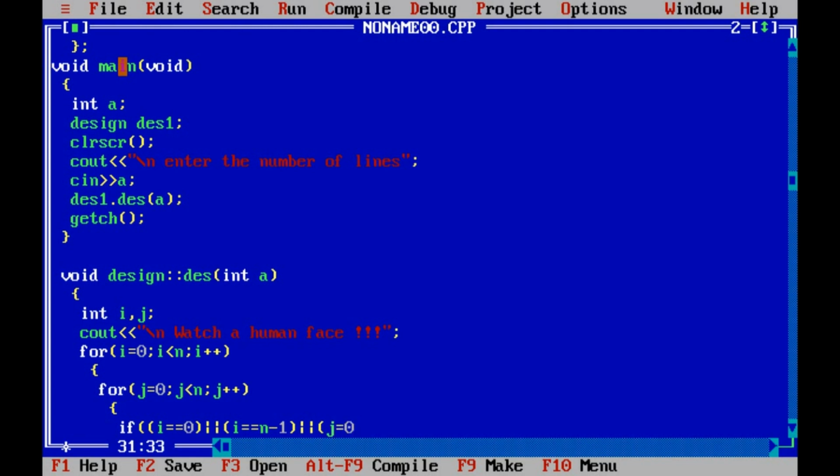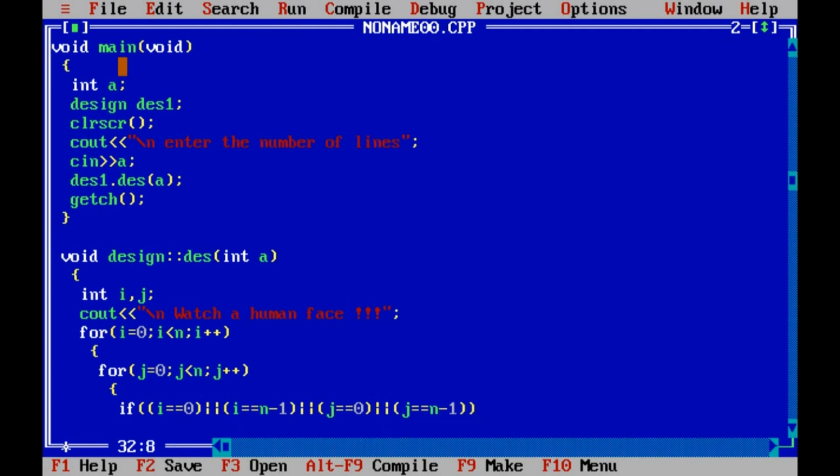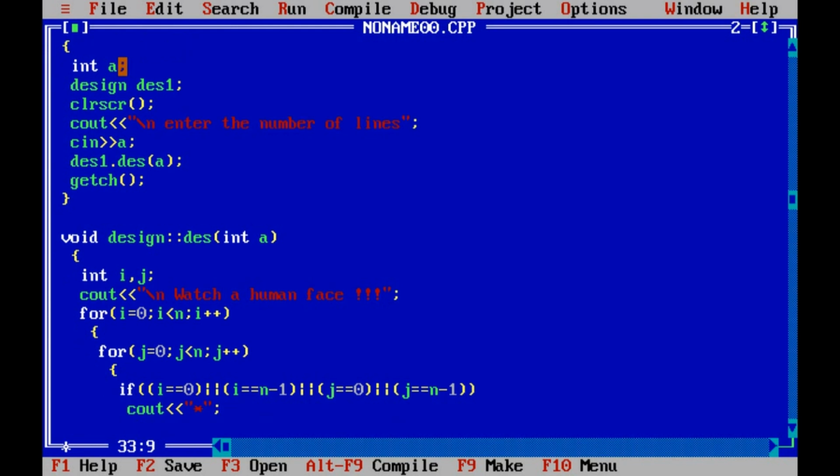Now for vertical lines we use j double equal to 0, double OR with j double equal to n minus 1. Now at these places we need to print a star. cout less than less than star. Now end the statement, and else if, where else we need to print a star.